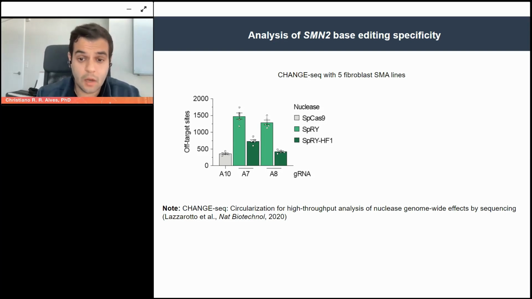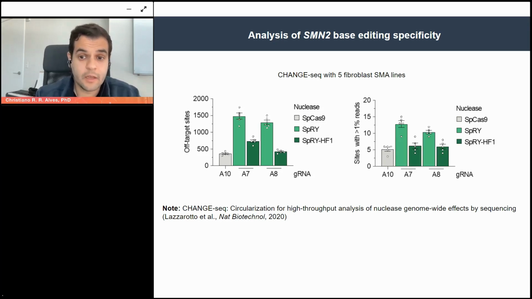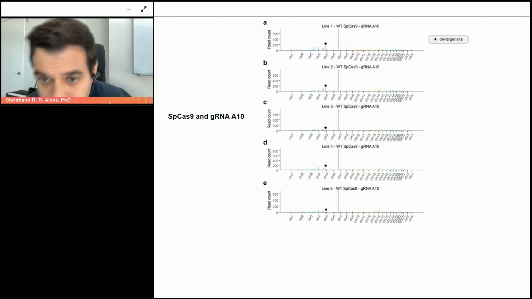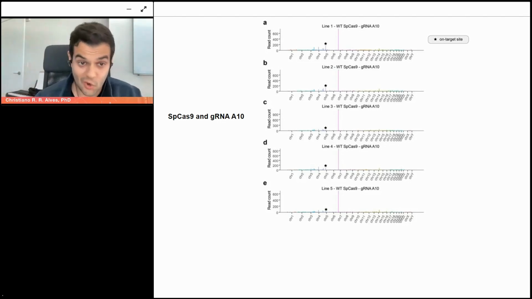And this is just nominating all targets, but here is also a graph showing the main targets, those that get more than 1% of the reads, showing that the shape of the graph is pretty much the same. So using wild type, one problem is that we have a main off target, one of the other problems that we are now learning. If you see this graph, this is data across 5 different cell lines, and you see the asterisk there highlighting the on target, and then you see a peak in chromosome 7. That's, for example, a target that we don't want, right? That's a main off target using wild type.